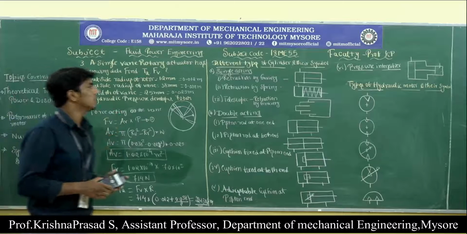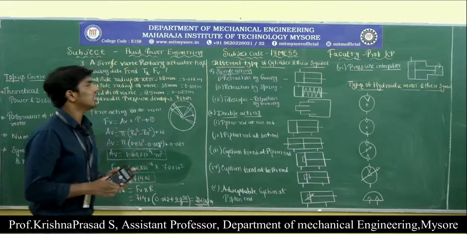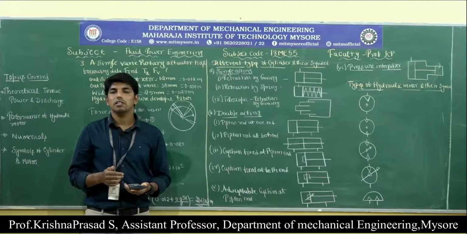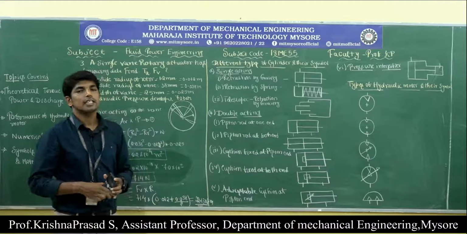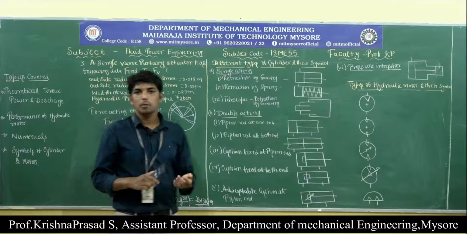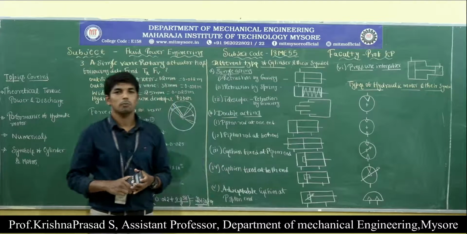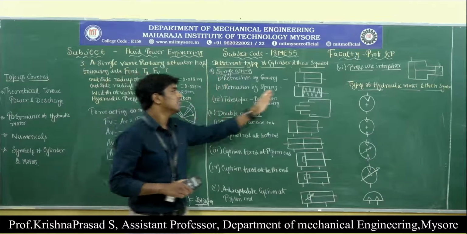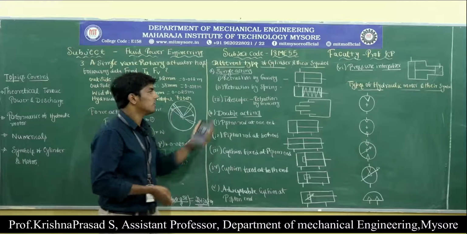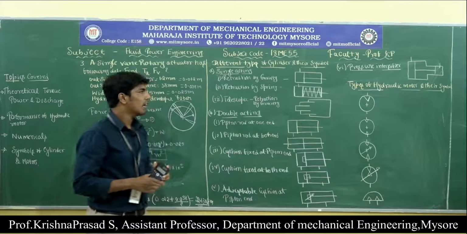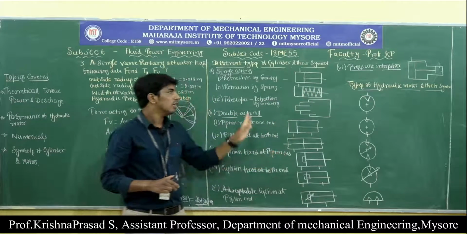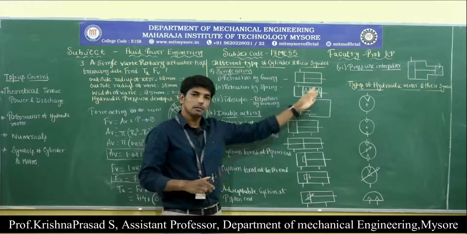Next we are moving on to the last topic of today's session: different types of cylinder and their symbol. During the various mountings and types of cylinder, we observed single acting cylinder as well as double acting cylinder. In single acting cylinder, we have studied the extension as well as the retraction stroke. This symbol indicates retraction by means of gravity, and the second symbol indicates a spring located at the piston rod end, therefore retraction happens with the help of the spring.